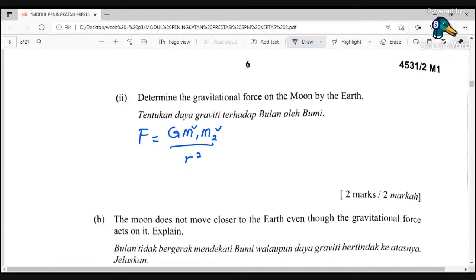Okay, adakah cukup maklumatnya? Okay, ataupun kita boleh gunakan formula mv squared over r. Okay, so this is the mass of the Moon multiplied by the linear speed of the Moon squared, divided by the radius of orbit. Okay, disebabkan kita dah calculate linear speed, so terus gunakan